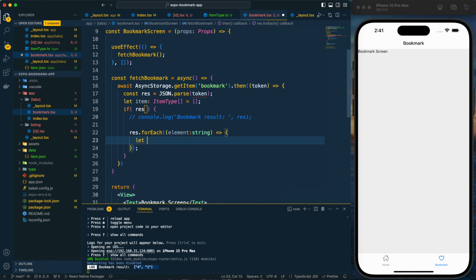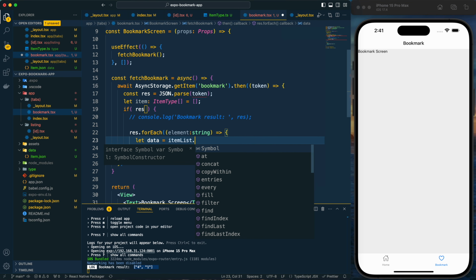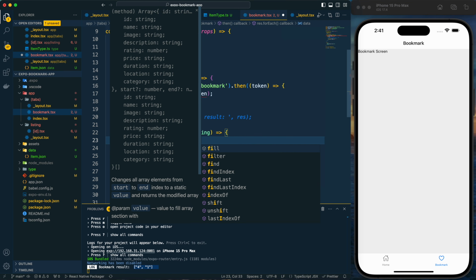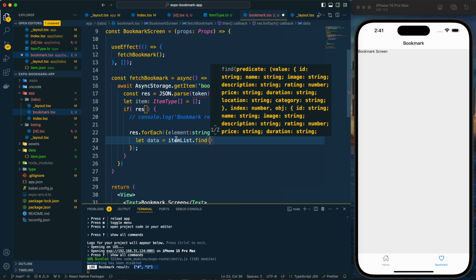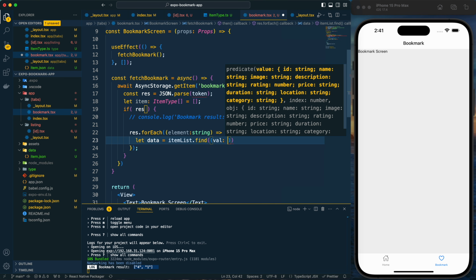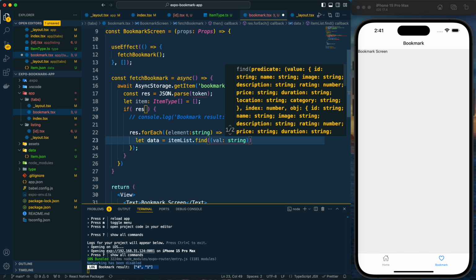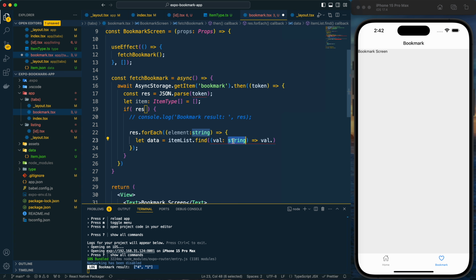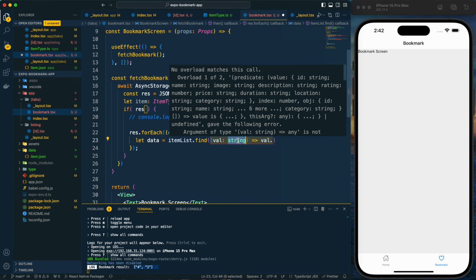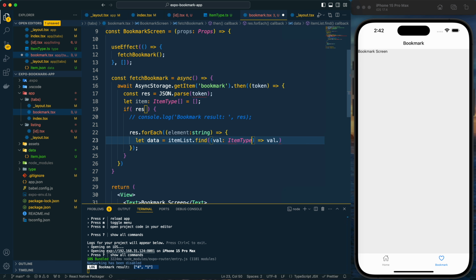Now after that, let's create a variable called data, and here we need to find the item from the item list. So item list is the main array, and from that we are going to find it here. So here we will get the value, and it will be as string type. Okay, it will not be string type because we are getting the item from the item list. So it will be item type.